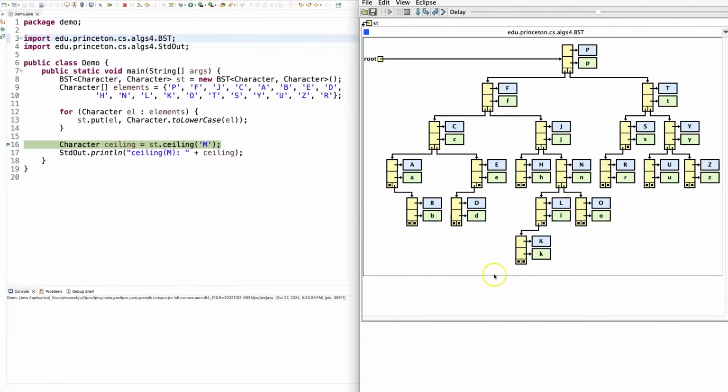So if you look in this key, you can find that M is not part of my tree. The next bigger element is going to be N. So that's what I hope to be found. So here I'm going to step into my